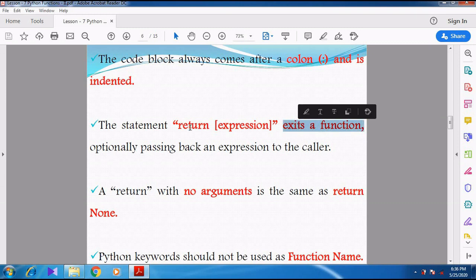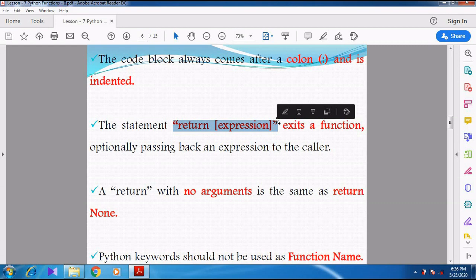Then what is the purpose of using the return statement? The return statement is used to return a value to the calling function. Calling function means where the function call was made. To that particular place, the value will be returned from the function definition. The output may be returned to the calling function.